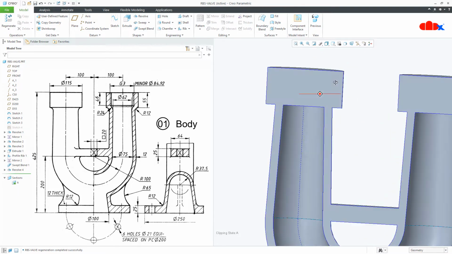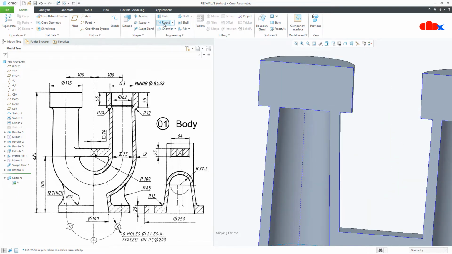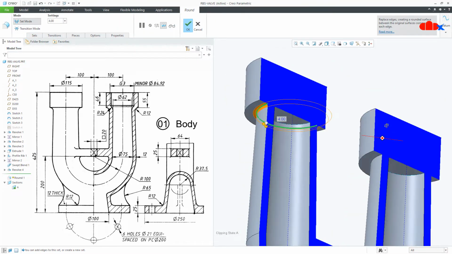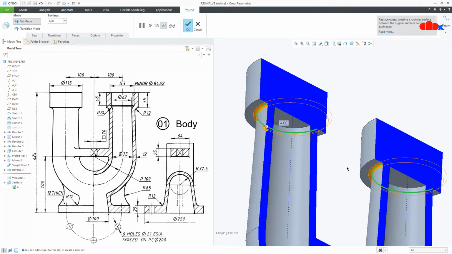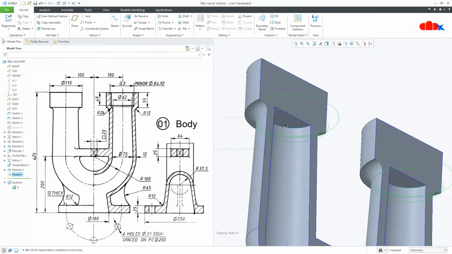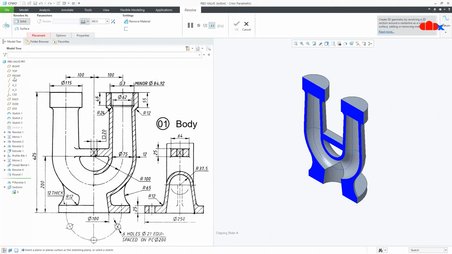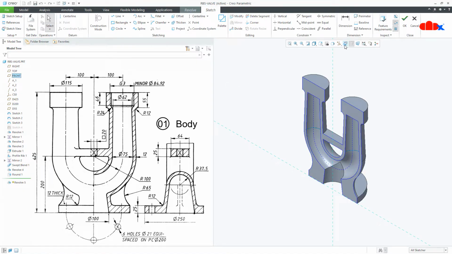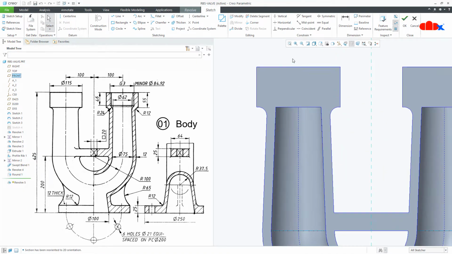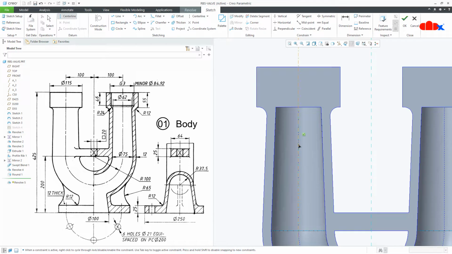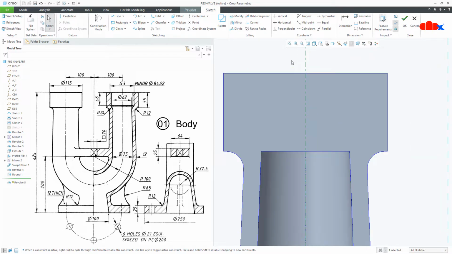Now this area, but before this first you place a round to this corner and this corner. Now this is 12, say OK. Then I'll go to revolve onto the front datum plane, normal, go to reference, select this as a reference, place the datum center line to this reference and draw the sketch.